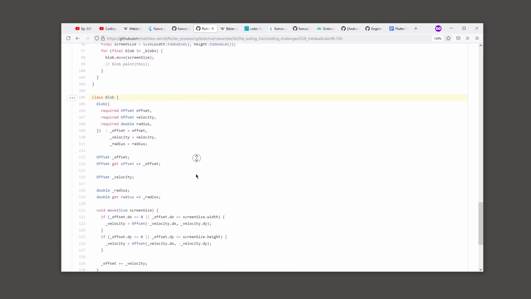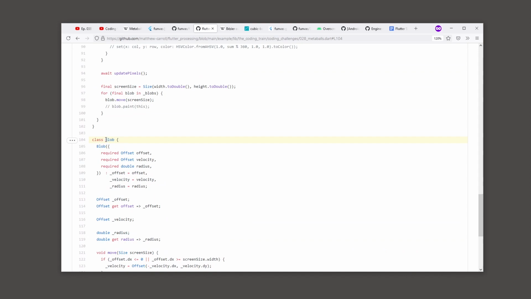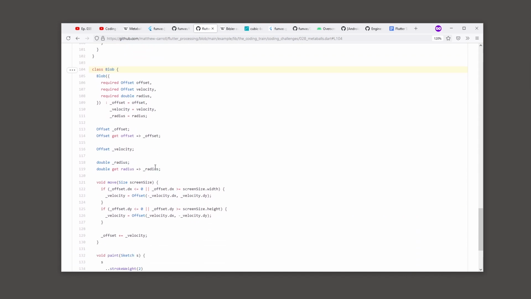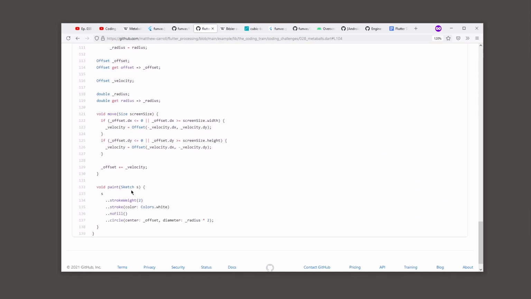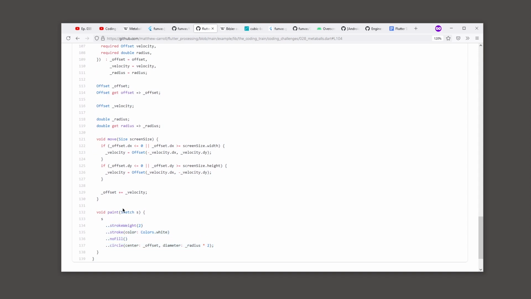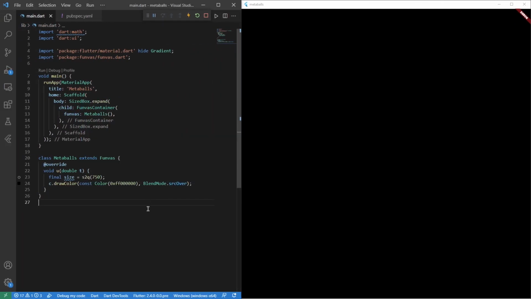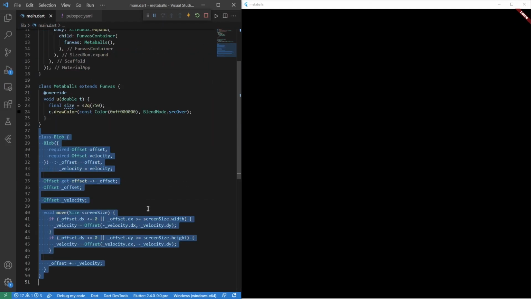But I want to obviously do the drawing differently, so the only thing we'll take from here is the blob class, which has an offset, a radius, and some movement logic, and then some paint logic. I will remove the paint logic and the radius because I do it differently in my version. So let's just copy over the blob